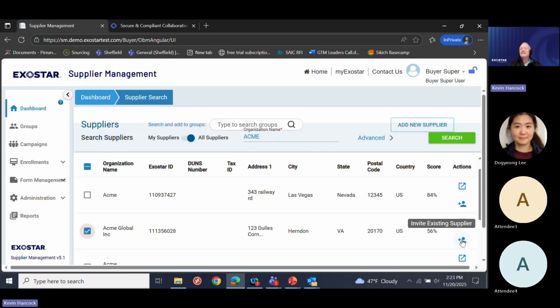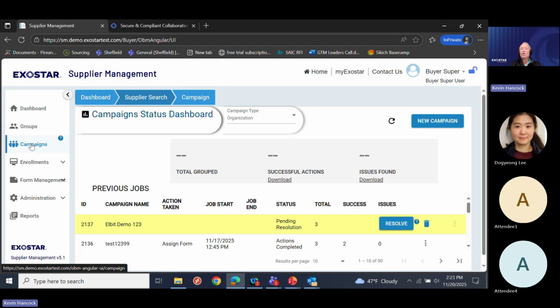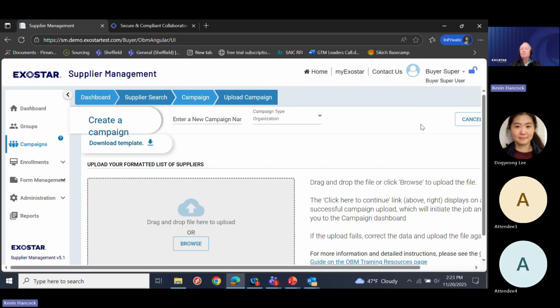What we often find is you don't typically do this one at a time. Maybe you've got a number of different organizations that you want to start to work with. Maybe you do these in batches once a week, and you've got 5, 10, 15 of these. Maybe you're onboarding a whole new swath of folks. So in those cases, we have the campaign option. You can start a new campaign. To do that, you simply click on it, you name it,